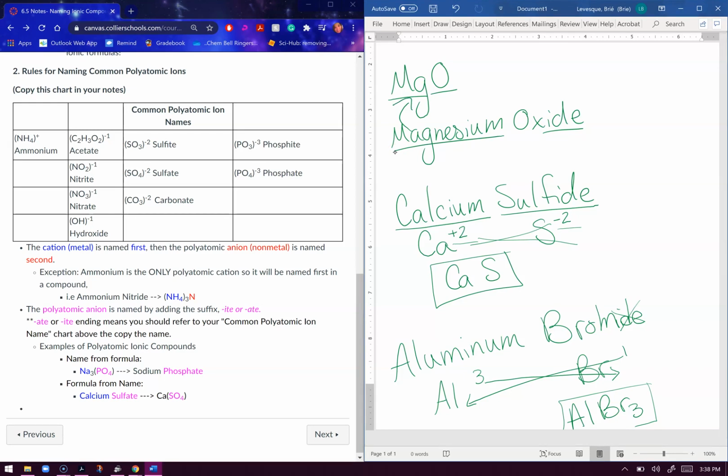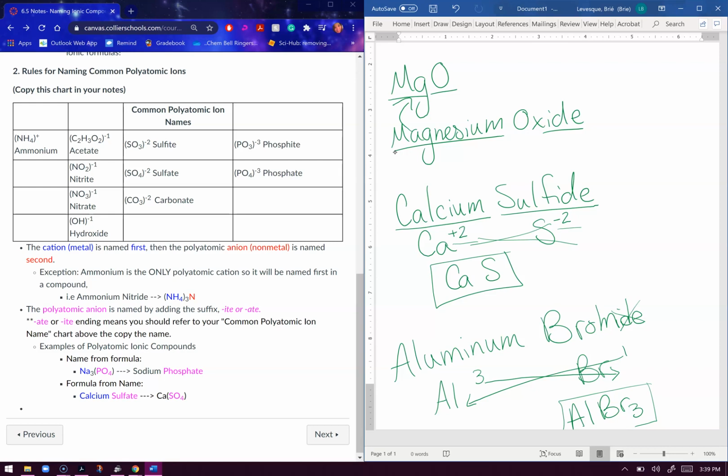So this is something, normally I don't believe in memorization, but I'm telling you right now, if you memorize this chart, your life is going to be so much easier moving forward in chemistry. Normally I think it's ridiculous to have to memorize something if you can just look it up, but this is one of those things where memorization is going to be super, super helpful for you,